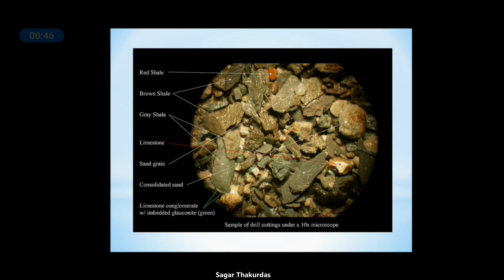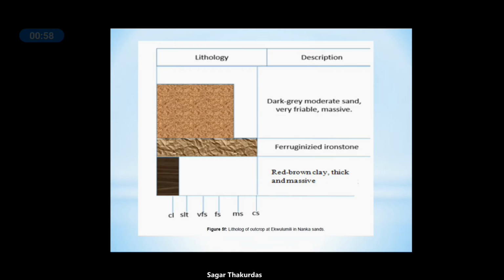The rock fragments or chips you can observe under the microscope. It is not an intact rock since you have already crushed it with the help of the bit. And finally, the data received is plotted in the form of a litholog. Previously also I have discussed this concept of litholog and how it is prepared. Some of you had asked me queries related to this, so I'll try to explain this again today.